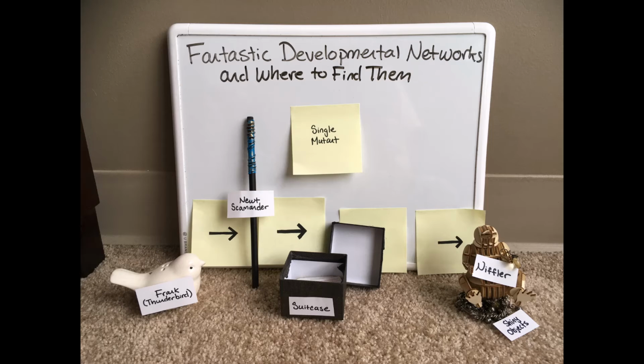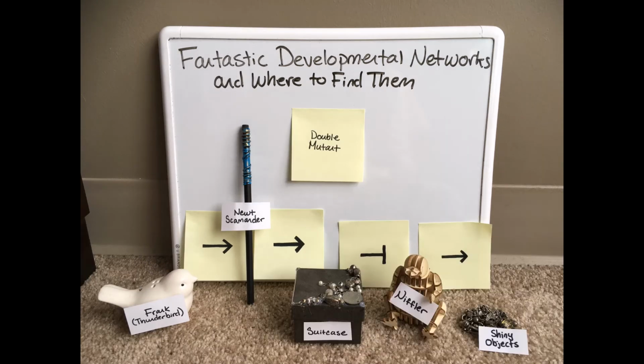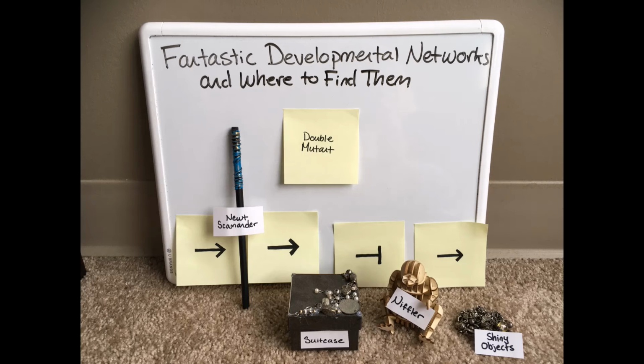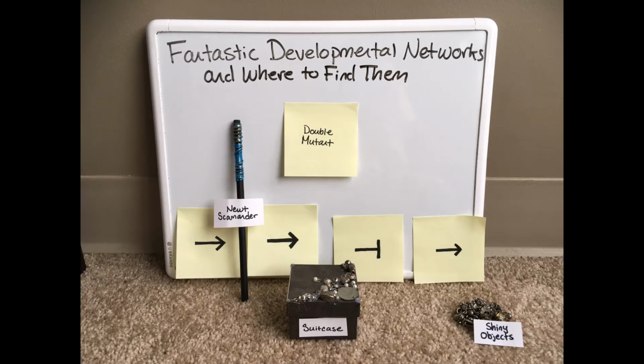element changed. An example of a double mutation would be if both Frank the Thunderbird and the niffler were not present. For example, if Newt had never found them. If Newt had never found Frank, there would be no reason for him to travel to New York and use a suitcase. That said, the niffler is also absent, so no shiny things would be stolen, even though the suitcase